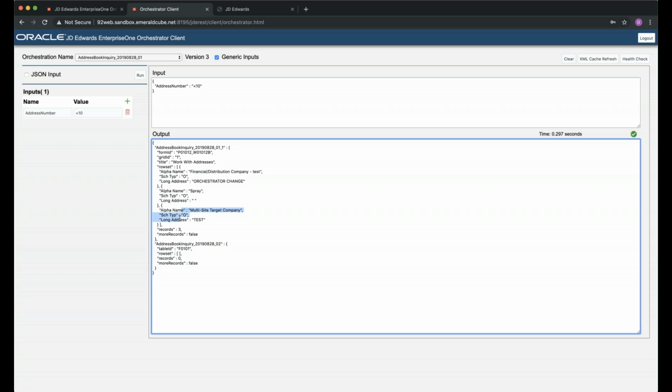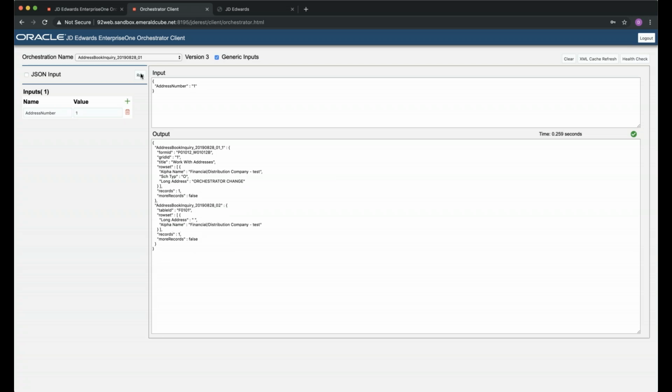So really, that's just a high flyby of how you can use form requests and service requests, data requests, to get out your data in 2 different ways in these specific cases. Again, if I just went back to the one without the greater than or the less than, it's going to give us data back in both cases. As you can see here, 1 here and 1 there. There's no more records. It's just that 1 record.